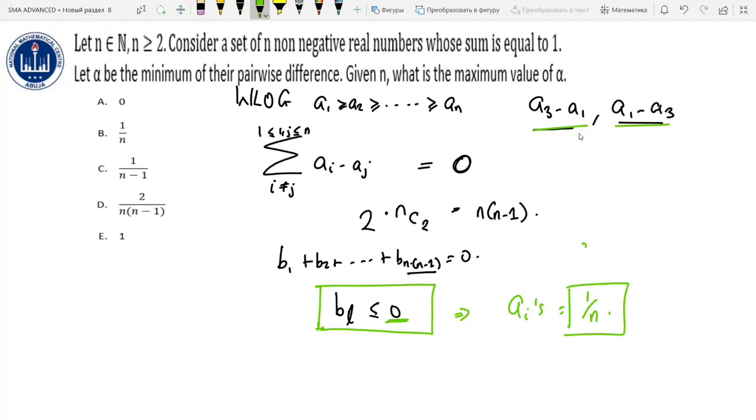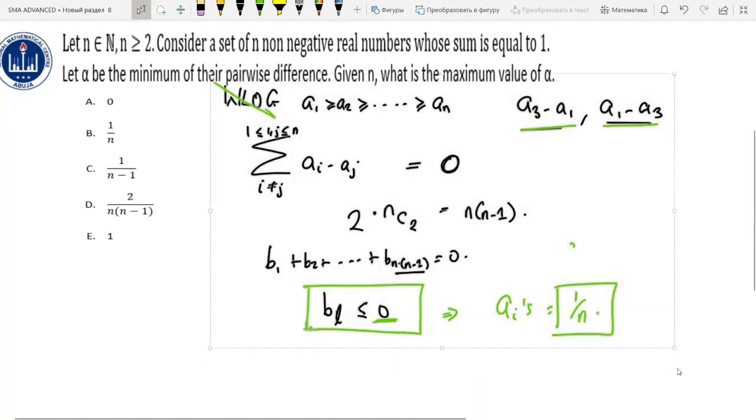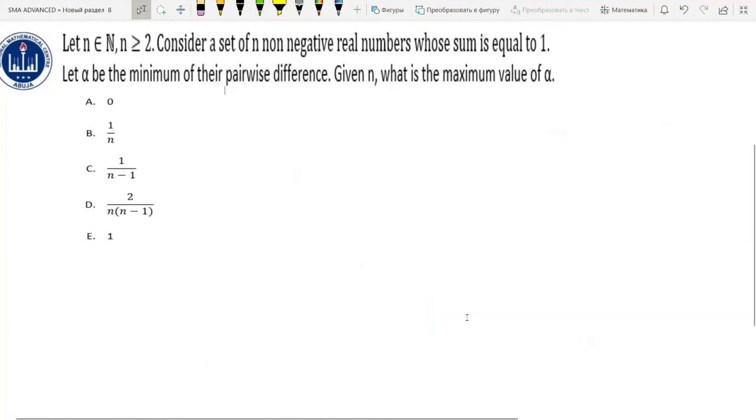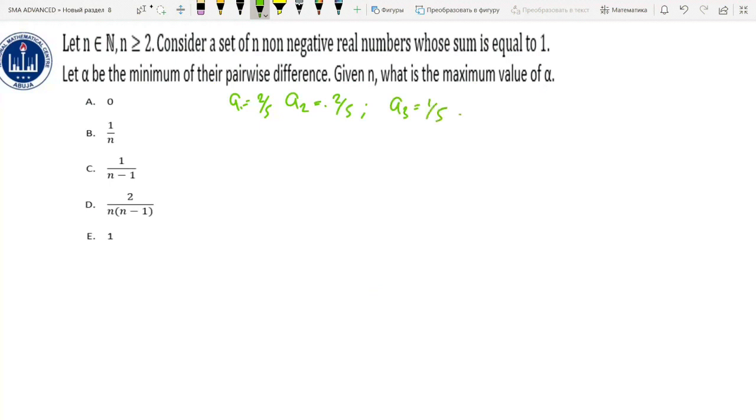But I doubt, as I said earlier on, this is the more trivial case. So what I'm going to do now is I'm going to do what I think they meant. What I think they meant was that you take the positive pairwise difference, or the absolute difference. For example, now let's say a1 is equal to 2 over 5, a2 is equal to 2 over 5 also, and a3 is equal to 1 over 5. So in this case, we're just going to have only 3 terms here, no longer 6.